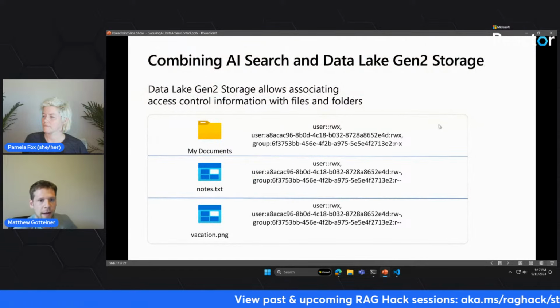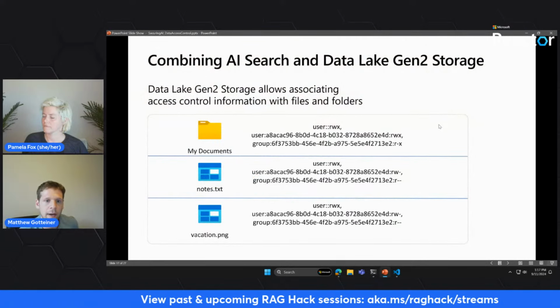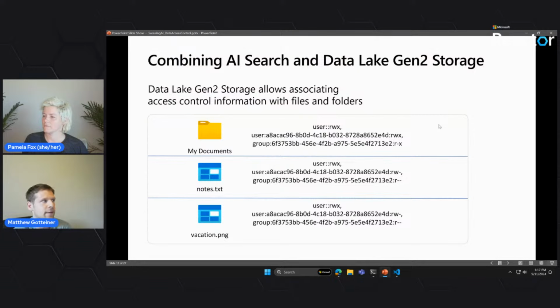So this is all great, right? Because we know how to filter, we know how to update access control, we know how to specify it. But how do I actually get access control into the index in the first place? There's another service in Azure called Data Lake Storage Gen 2. This storage is a special storage account with two main changes. Number one, unlike in blob storage where folders are kind of virtual and don't actually exist, folders in Data Lake Storage Gen 2 are actually addressable.